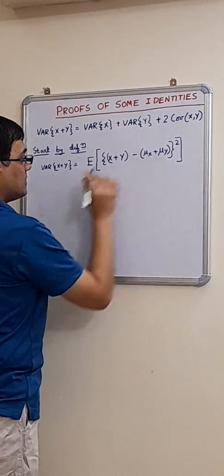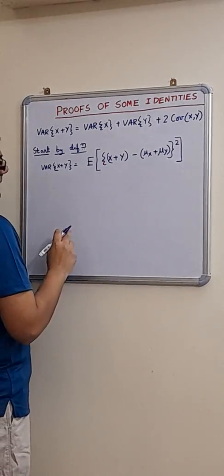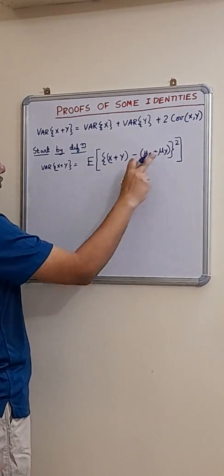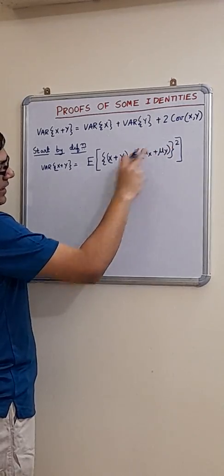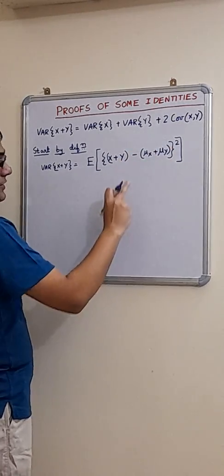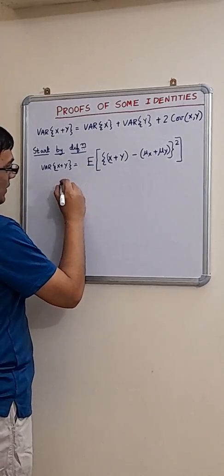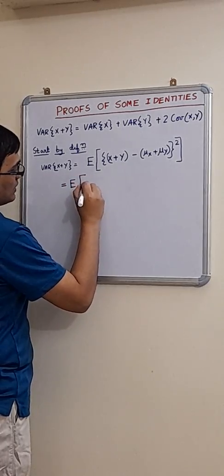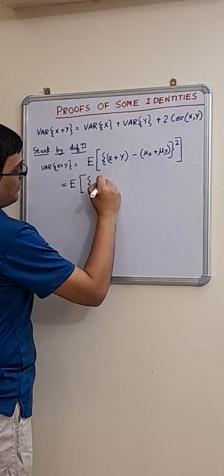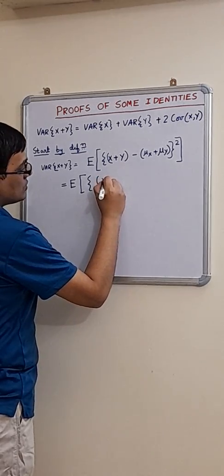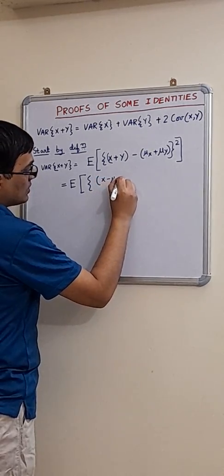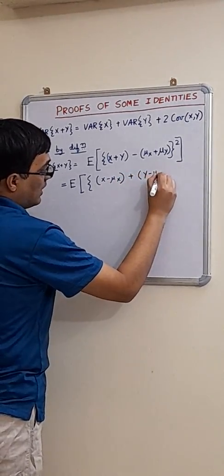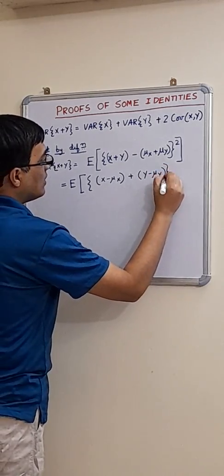It is sometimes very easy to confuse the different brackets, so be rather mindful of them. Then here is the trick. Don't go for the whole squaring of this expression right here. Do a bit of arrangement, and that is where the trick lies. How are you going to do that? Pair up x with mu x. So you have x minus mu x plus y minus mu y, and now put the whole of this thing in the whole square.